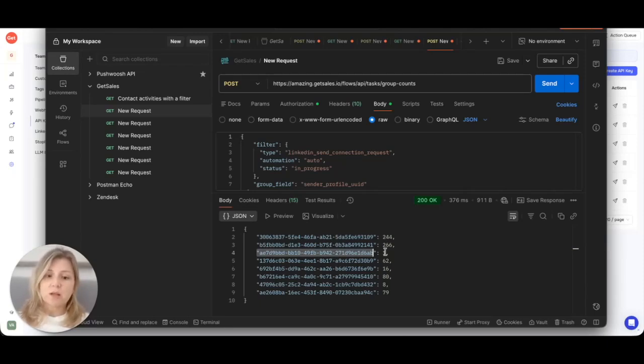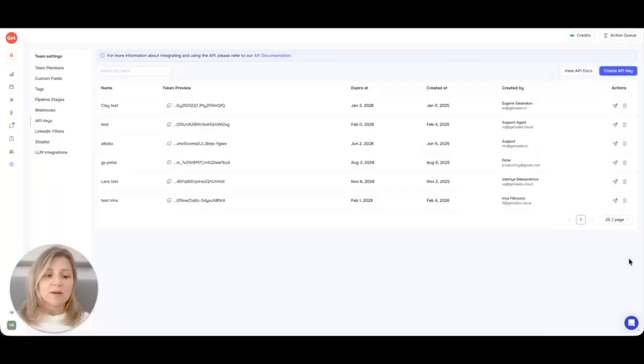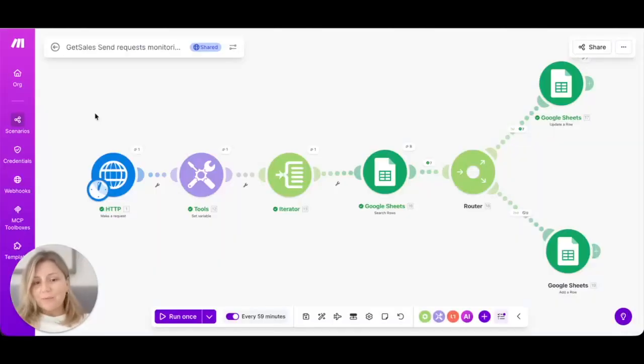So if you want to scale it for your teams who are able to track this, and also you would like to run it on an automated basis to pull this data once in X amount of hours, it's better to build some kind of more human readable dashboard. So I already built it for you, and actually I'm not really a technically savvy person, so I just used Gemini